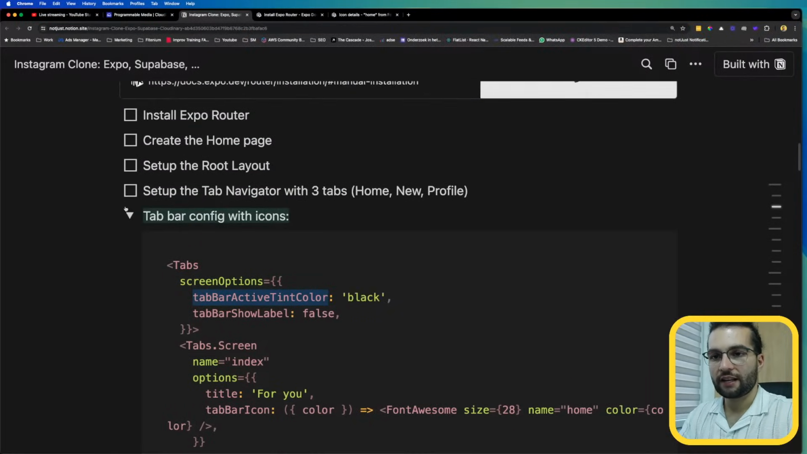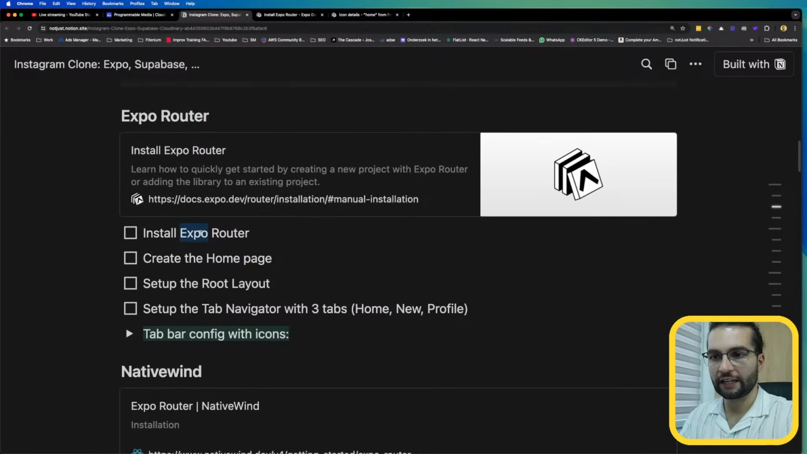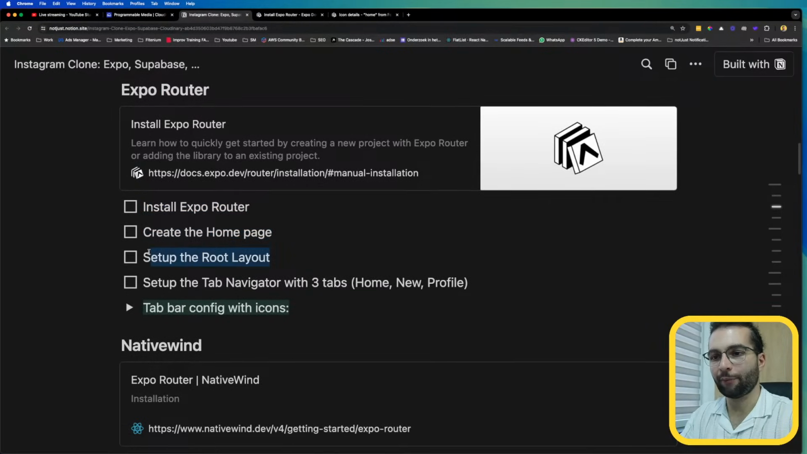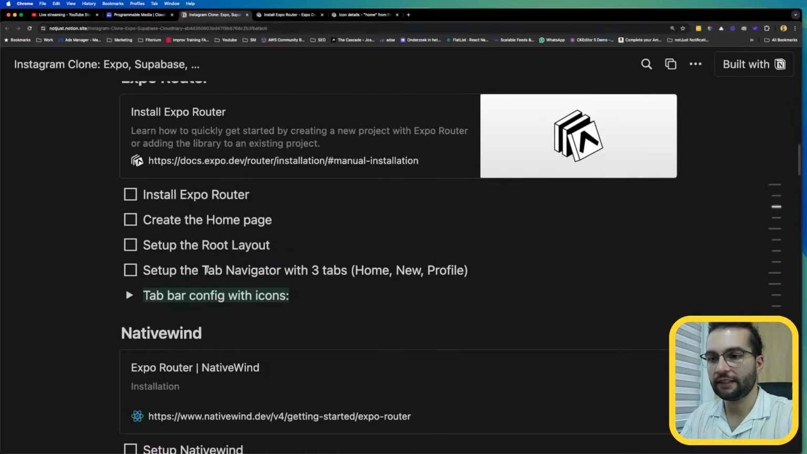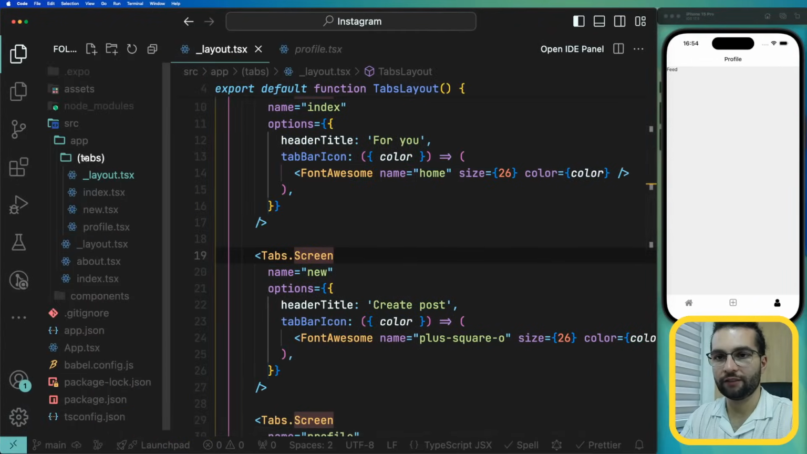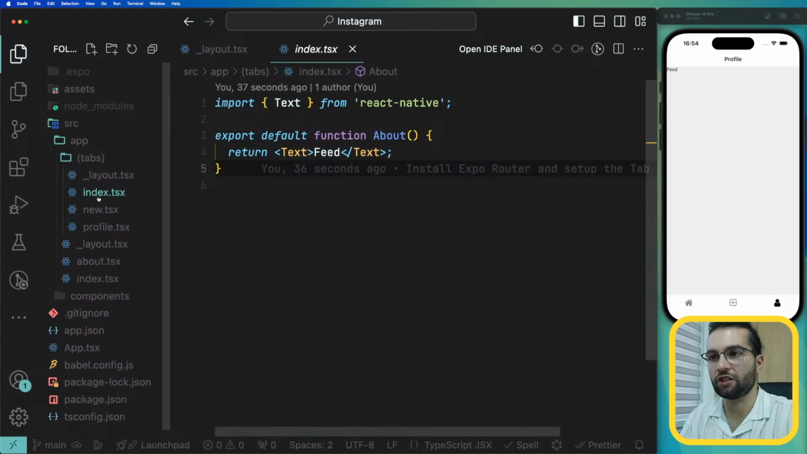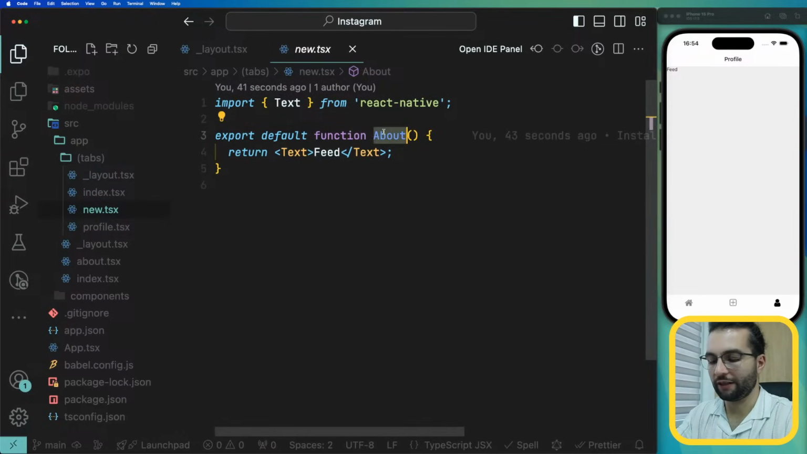Okay, so that was our tab bar. Let me check if we have everything. We installed Expo Router. We created the home page. We set up the root layout and we learned about the layout and how they're working. And we set up the tab navigator with 3 tabs, the home, new, and profile. That's what we have here. In the tabs, we have index, which is our home or feed, new, which is our new page, or we can actually